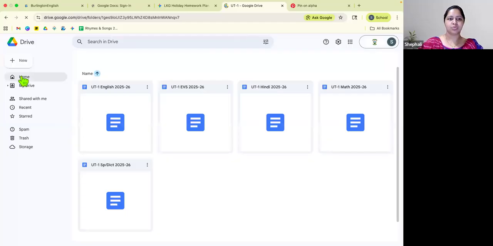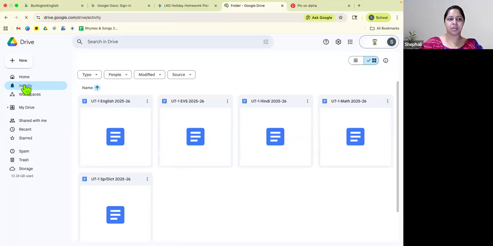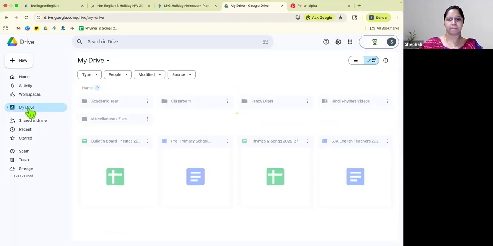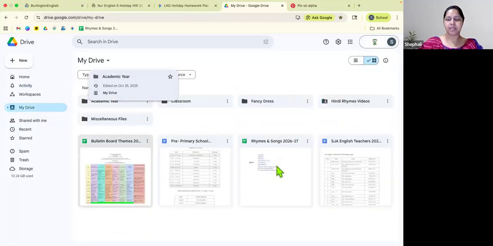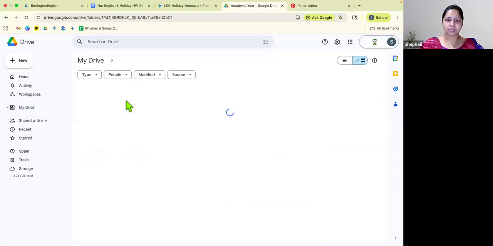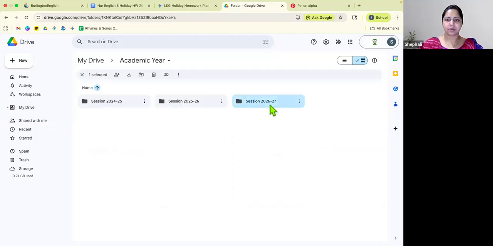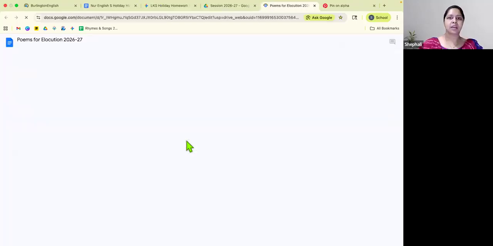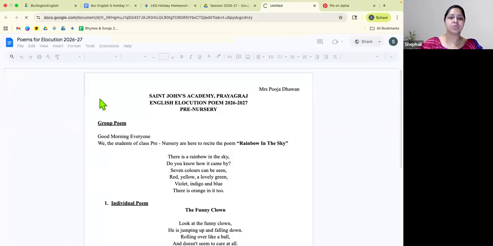Right, so we'll go to home, my drive. It will just take a little time to come to that page. Yeah. Right, for example, here I have poems for elocution, right? Since I'm in charge of the pre-primary section, I need to keep a